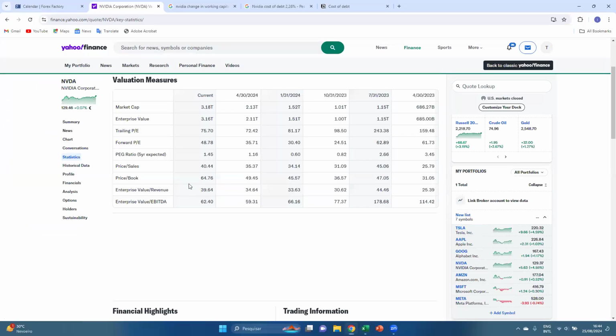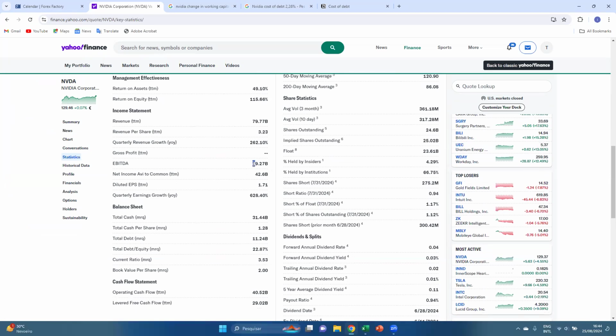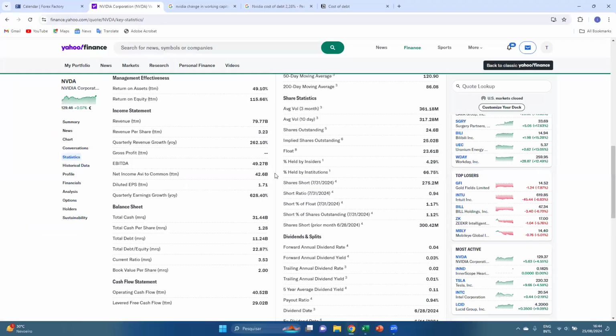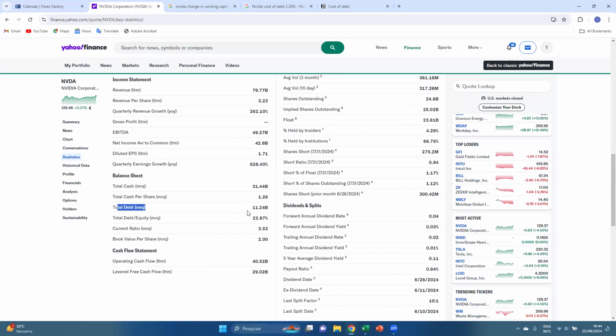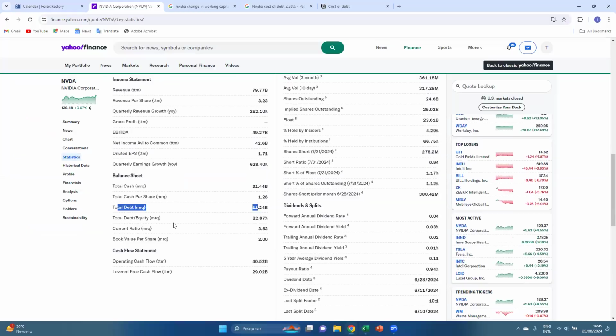And then we have, I think we can go down, here we have our EBITDA, that is 39 billion. And we have also here 49 billion, and the first assumption is here. We have total debt, that is 11 billion, and we also have here 11 billion. Total equity, I think the total equity